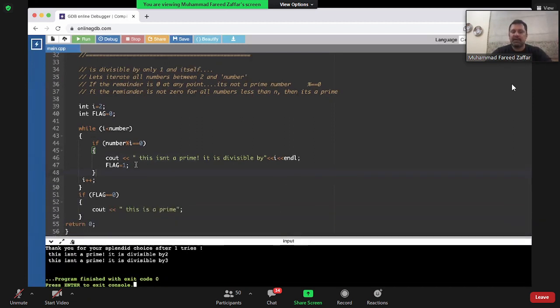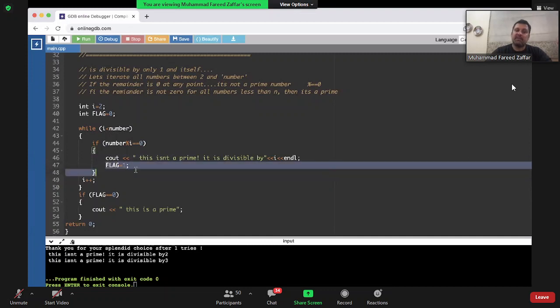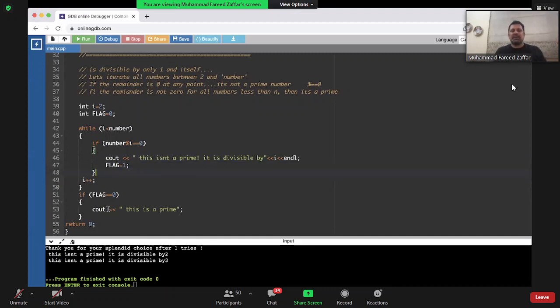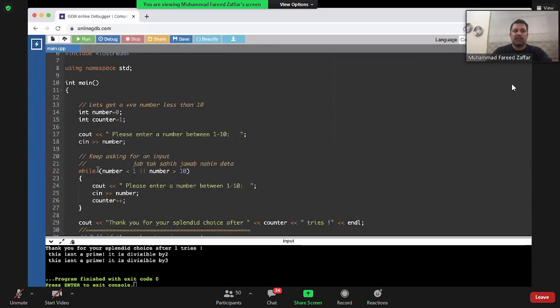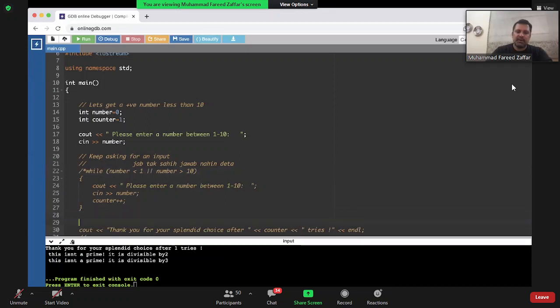तो मैंने एक flag variable बना दिया। This variable will only be set if it is not a prime. फिर मैं उसको चेक कर लूंगा और मेरे पास if else आ गया। So now I have a very convoluted way of trying to figure out if a number is prime or not. And it works not just for numbers less than 10, it actually works for every number beyond this point. So I can check if 97 is a prime or 95. All I need to do is remove this check and this should actually work for any number. But what I suggest is ये थोड़ा सा convoluted हो गया.